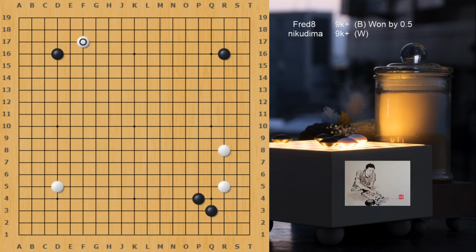Now White plays an inside approach. It's fine. White can also play the approach in the top right, the Kakari, to prevent the Shimari right away. But he got that point too. So far so good. Now here Black can think about Keima to defend the corner, or a pincer, or another